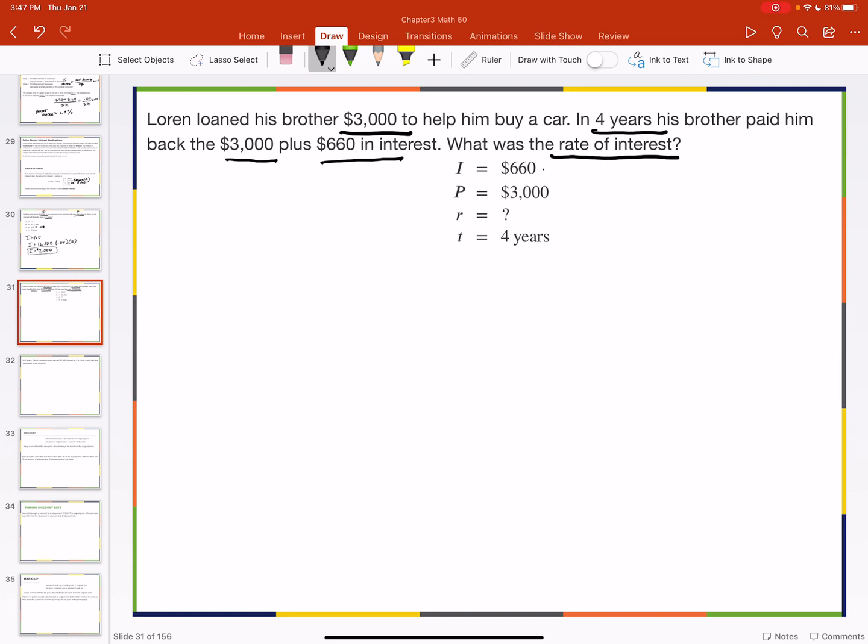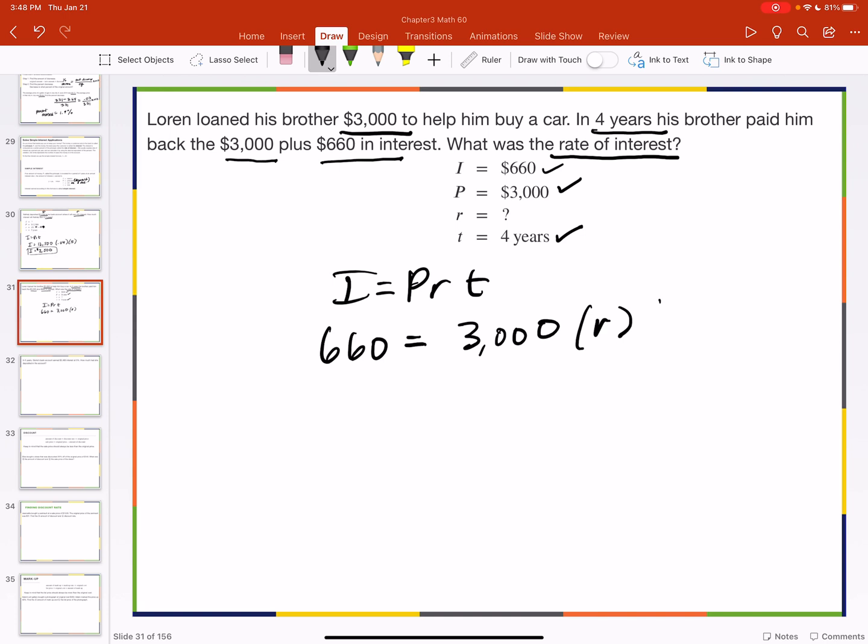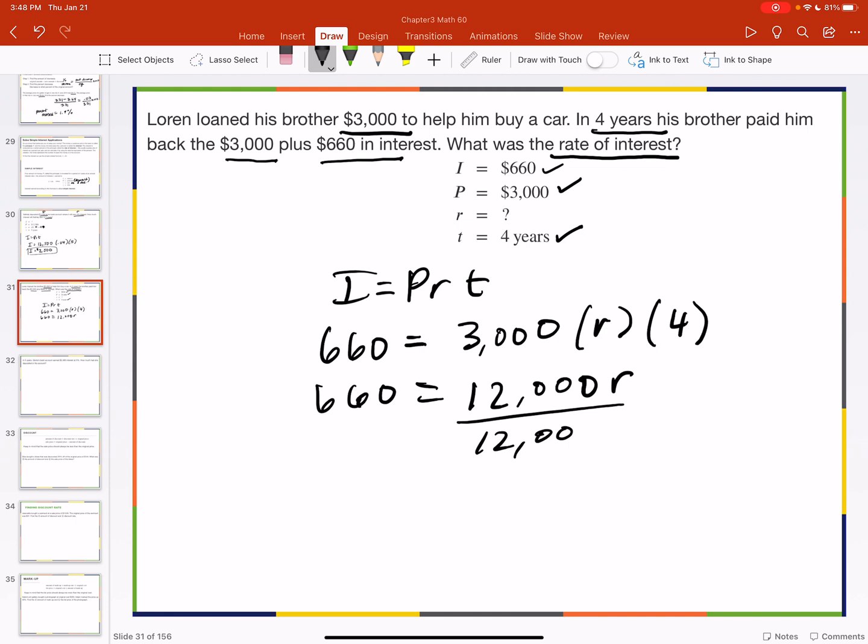So we have the interest, we have the principal, we have the time, but we don't know R. So we still have the same equation. We still use the same thing, except now we just plug in what we have. So we know that the $660 is the interest. $3,000 is the principal. The rate we don't know, so I'm going to leave that as an R, and then we're multiplying that by 4. So 660 is going to equal 12,000 R. Okay, and then to solve for R, we divide by 12,000,